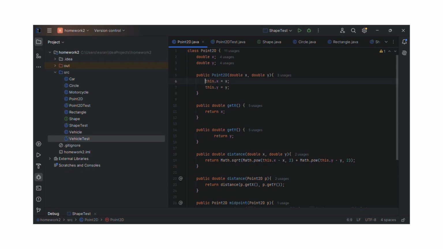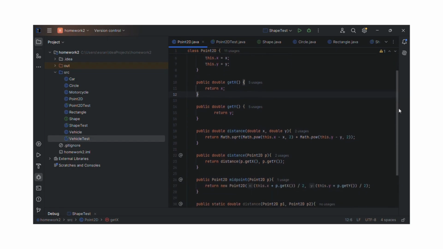this.x = x; this.y = y; And then I wrote the getters here: public double getX() { return x; } And then the same thing for y: public double getY() { return y; }